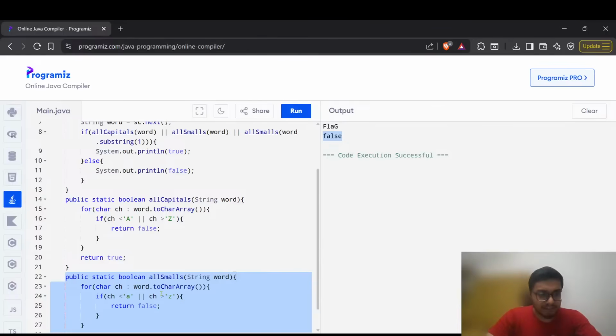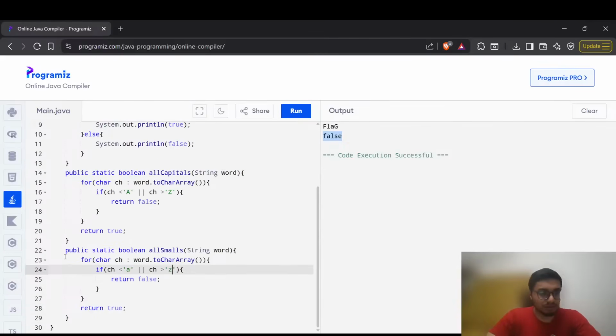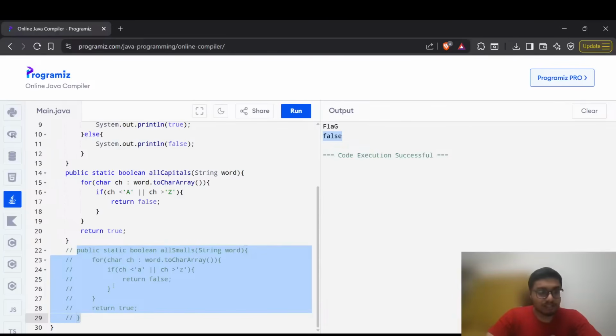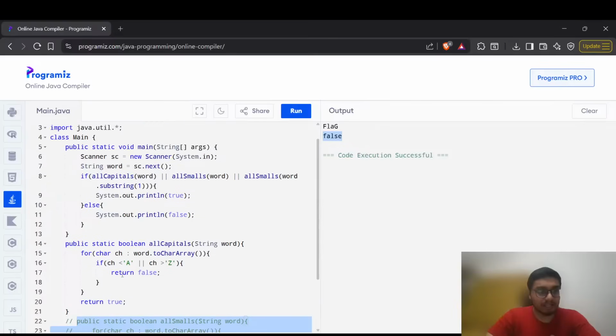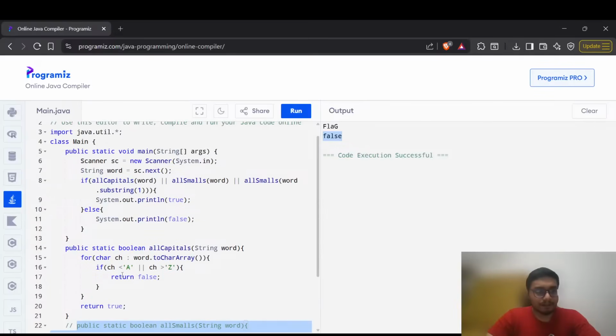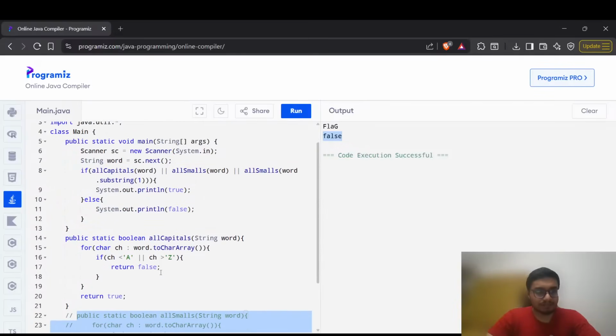Let me write. See, what is the difference between the two methods? Here is capital A, here is small a. That's it, start and end. The difference is start and end. Let's do one thing. Let's remove this. The code will be cleaner. So let's remove this, and here you can